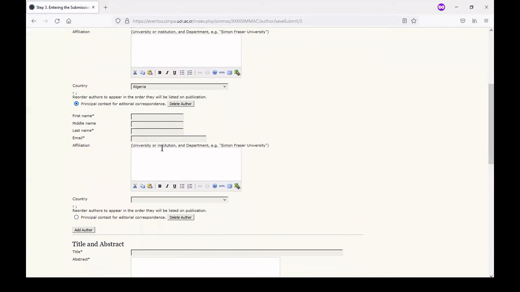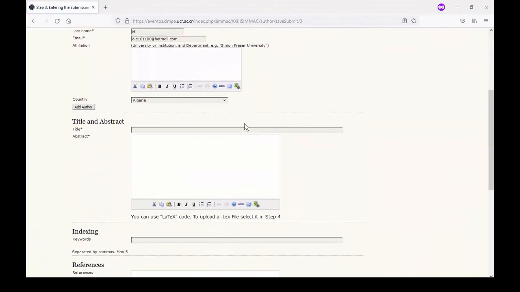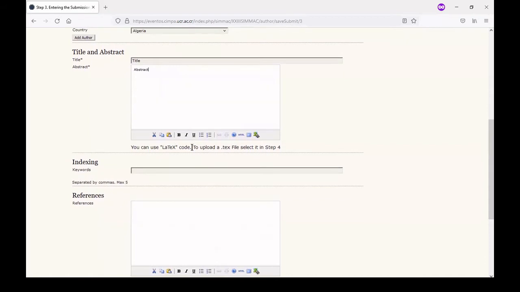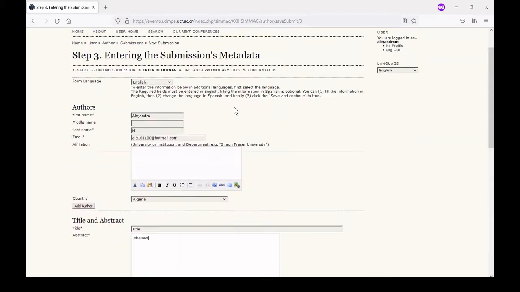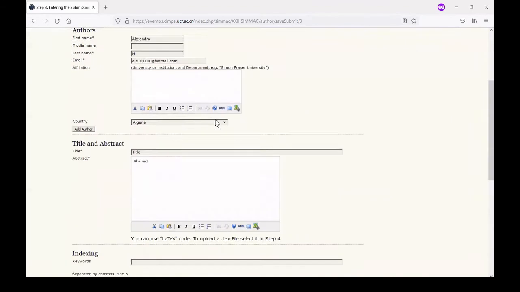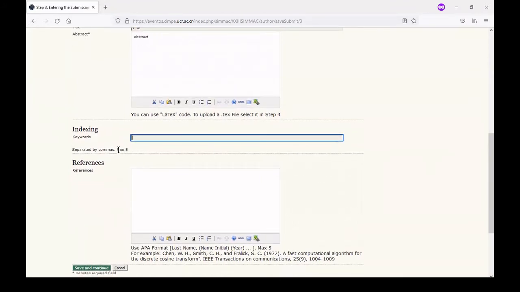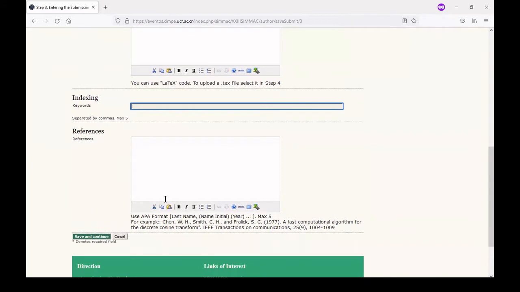and add more of them. We can remove them. Here we can write the title of the paper and the abstract. You can use LaTeX code, but to upload a .tex file, it has to be in step 4. Then we can include keywords, a maximum of 5 separated by commas, and the references, a maximum of 5, using